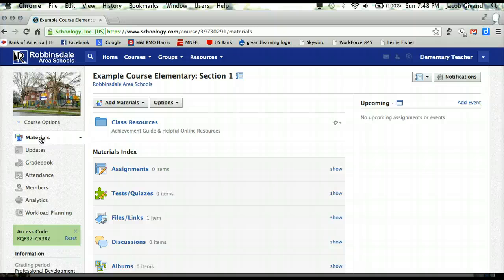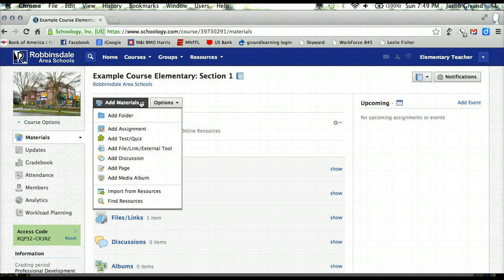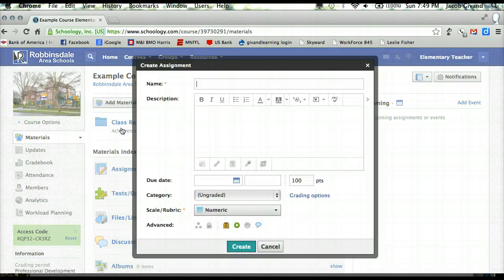You might have a folder for your language arts or reading, and you'll want to go into there and put this question in there. For us, add materials, and we're going to choose that assignment. And we'll call this Shiloh Summary. And we will tell the students, in your own words,